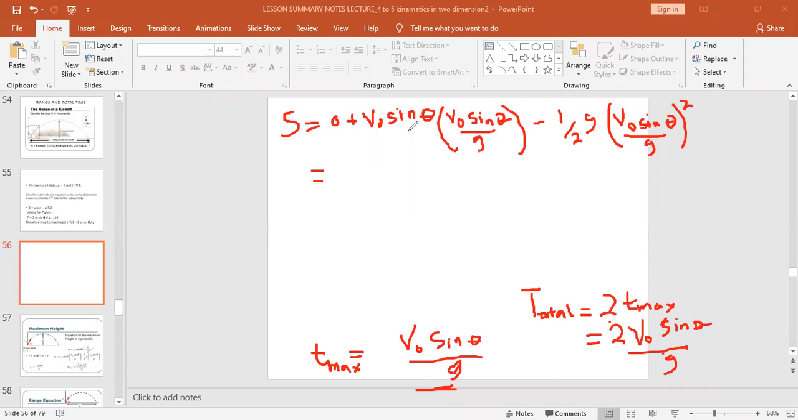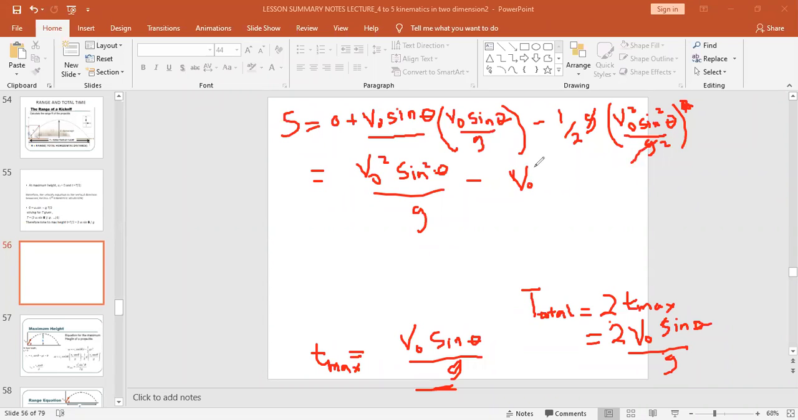Now, let's simplify this. You see, we have the same quantity here, V naught sine theta and V naught sine theta. So that will be V naught squared sine squared theta over G. And when we square, this will also be squared, if we expand with the squares. One of these G will cancel one of this G here, so we'll end up getting